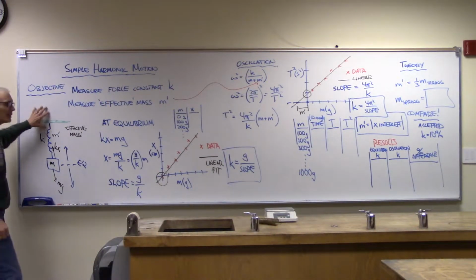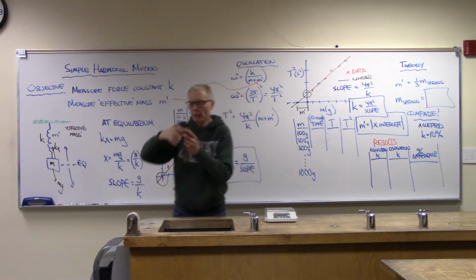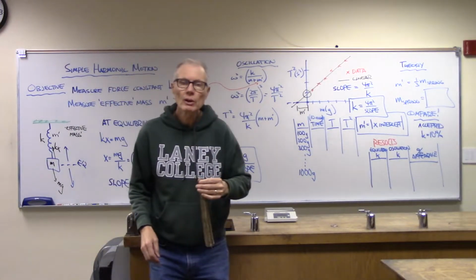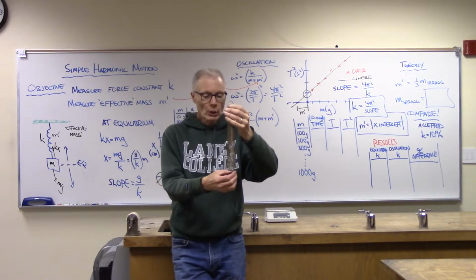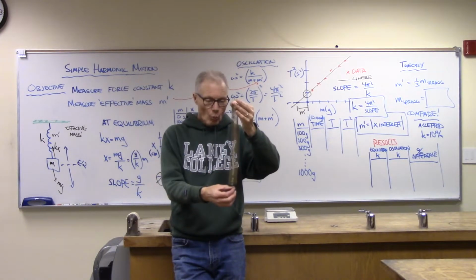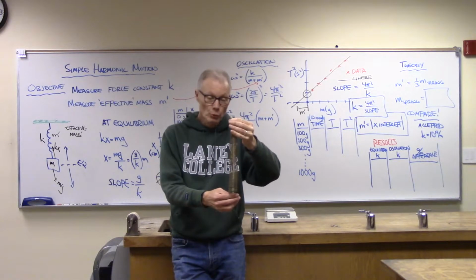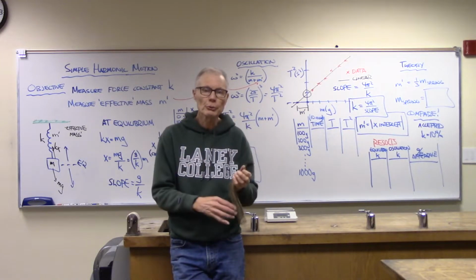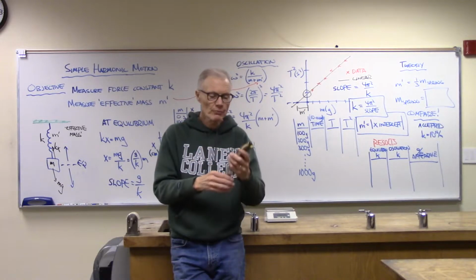What we're going to do is take a spring. The springs look like this. And we're going to attach this to some kind of a support. And then we will attach different weights. So I can attach 100 grams and watch the oscillations that are set up. And then I'll attach 200 grams, and then look at the oscillations, 300, 400. We're going to go all the way in 100 gram increments, and we'll just